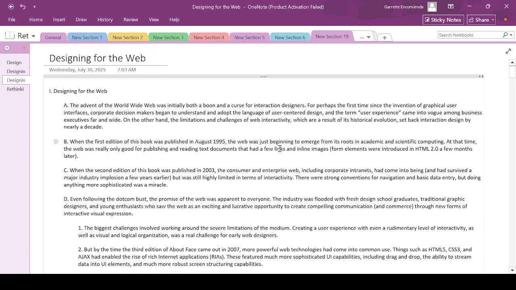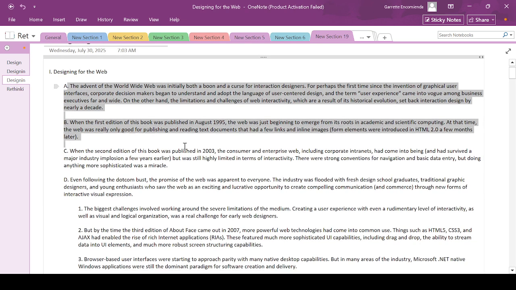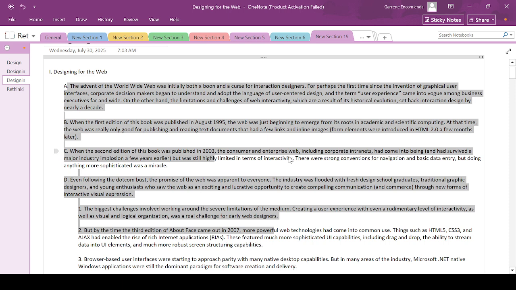Welcome back, everyone. So we will continue with designing for the web. This is the last part that we will touch with regards to technologies and designing the details of its interface. The advent of the World Wide Web was initially both a boon and a curse for interaction